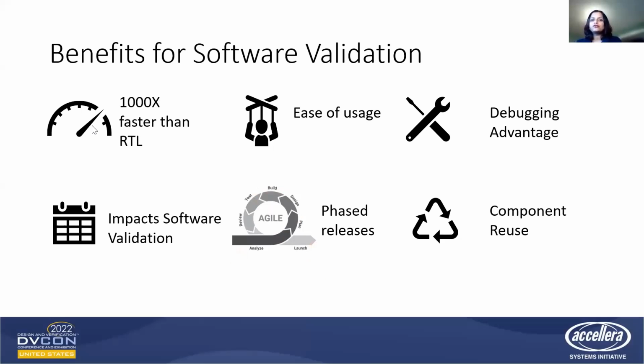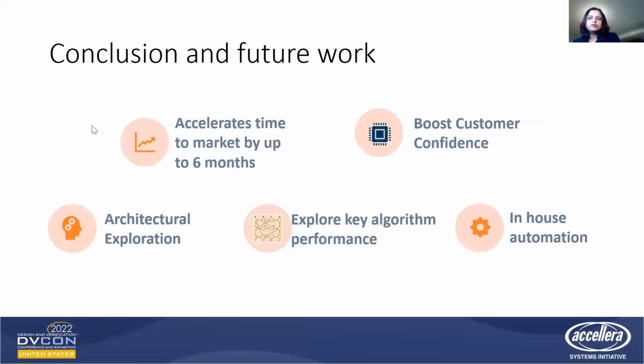Now, we developed a lot of IP for this virtual prototype, but we also reused a lot from various other projects. So the development process was fast, and it would continue to be that way with more and more component reuse. To conclude, I would say that in our current project, we were able to pull in the software development schedule by 3+ months. And for more complex designs, we estimate the gain to be of the order of 6 months or more.